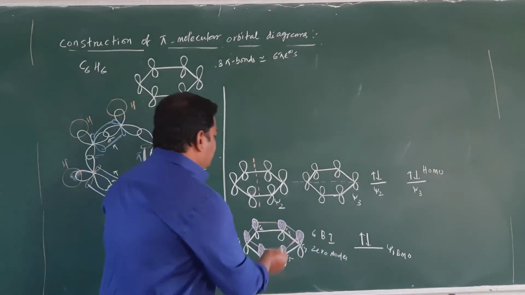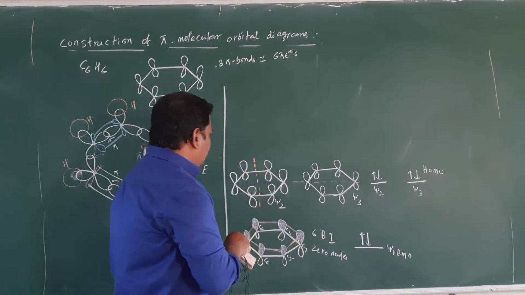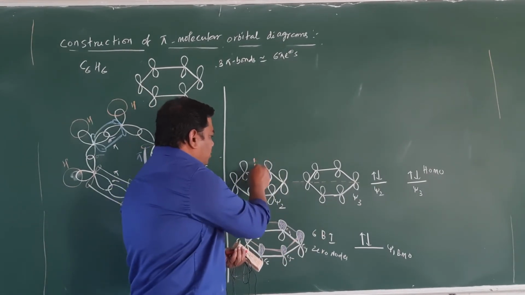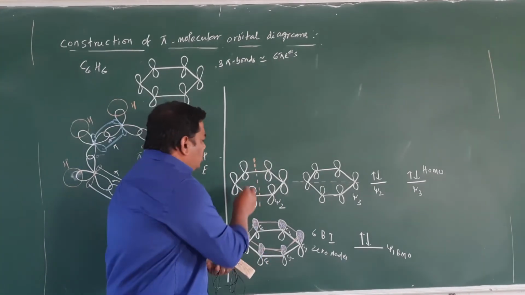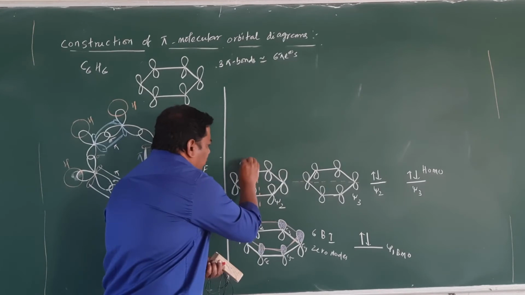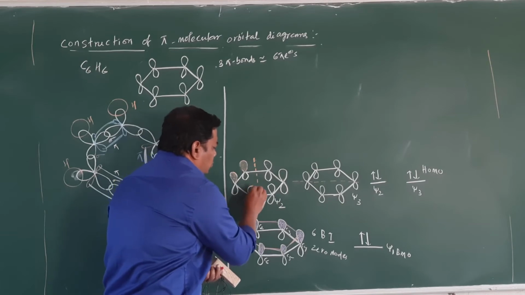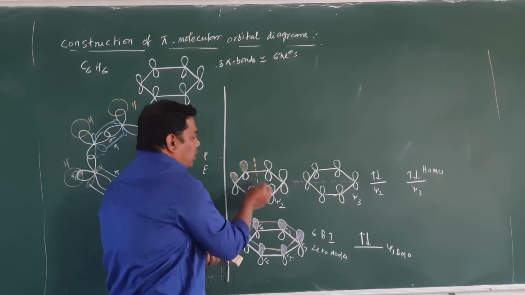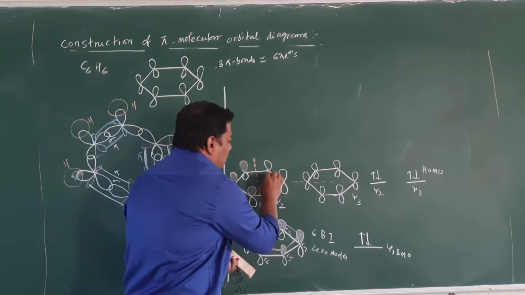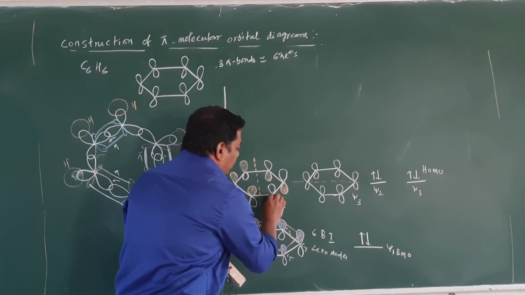So here, student, this is psi2 and psi3. We have two nodal planes here, this one and this one. How to remember this nodal plane, student? These top lobes are above the plane, so you can shade these lobes from this side. All the lobes above you can shade, and from this side you can shade the bottom one. Here you can shade the bottom one.